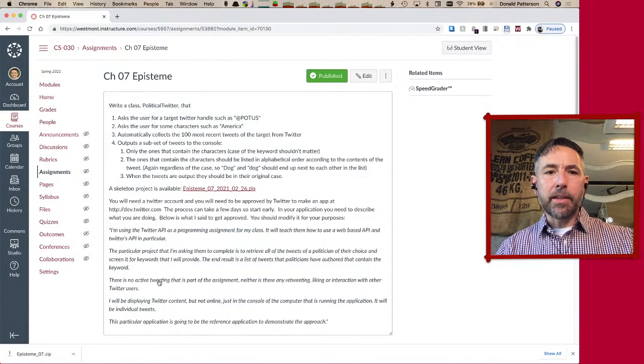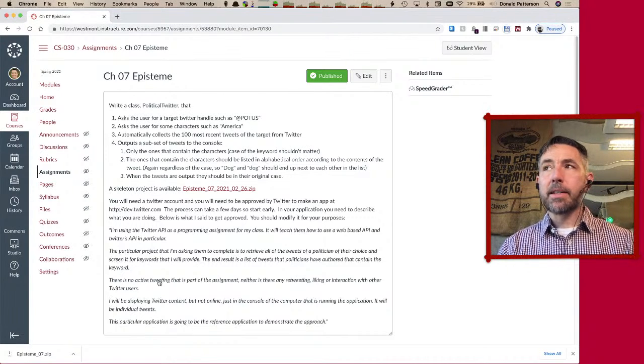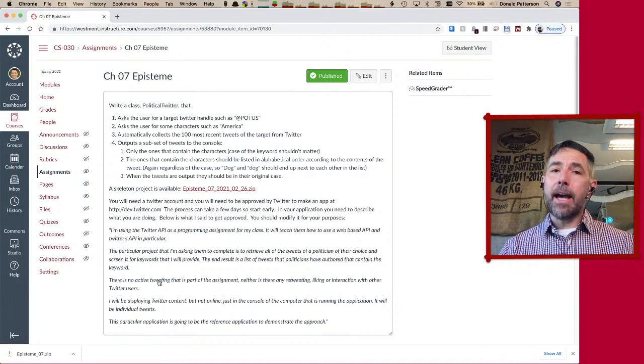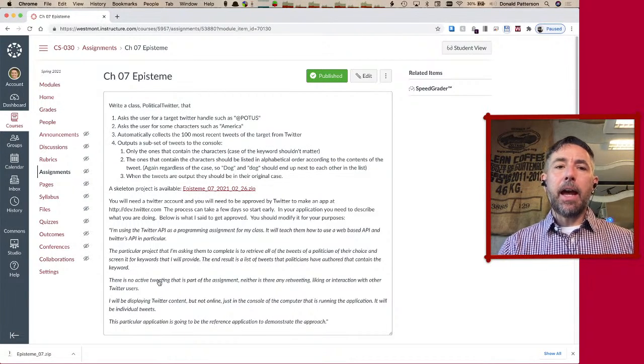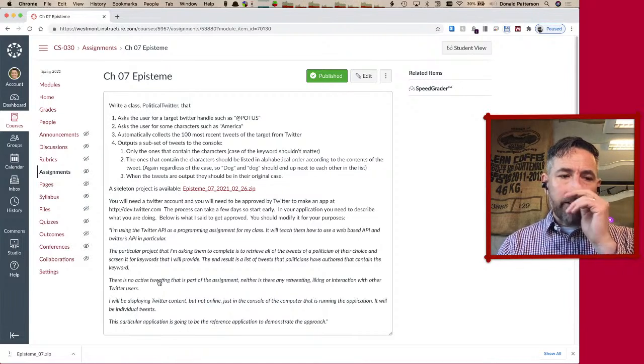So what we're going to do for this assignment is write a program that can automatically monitor Twitter feeds for us. It will run and go out and get an individual's Twitter feed, and we're going to use it to search for particular things that we might be interested in. Like, for example,